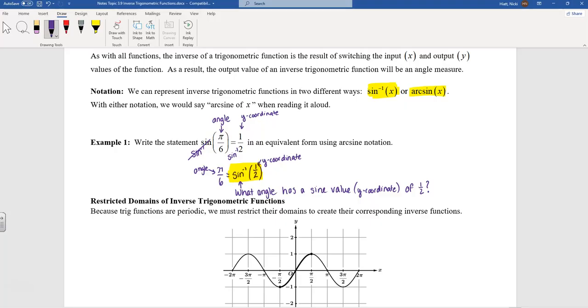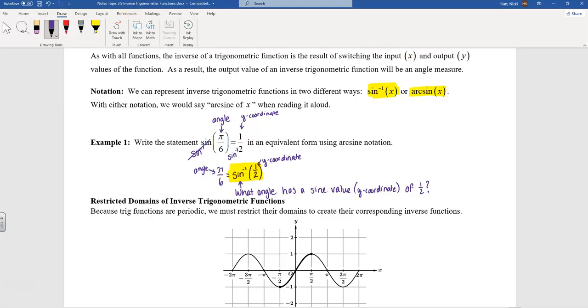And since everything on the AP exam is in radians, we have to remember that our angle is probably something like pi over 6, pi over 4, 3 pi over 2, right? They're all going to be in radians. You can do it in degrees, but it won't be in degrees on your exam. All right, now,